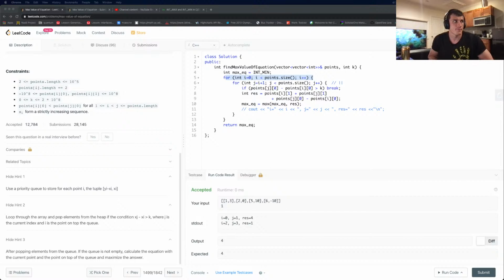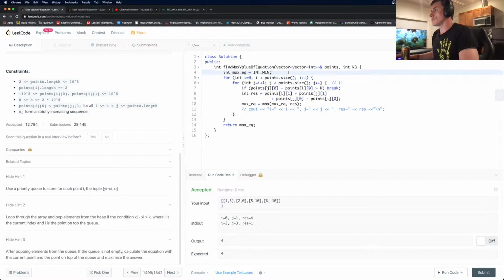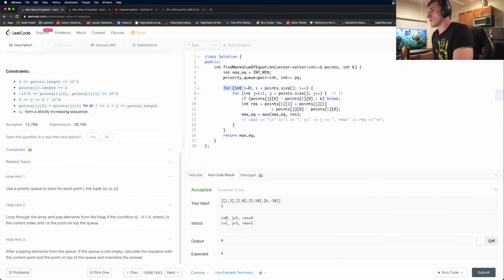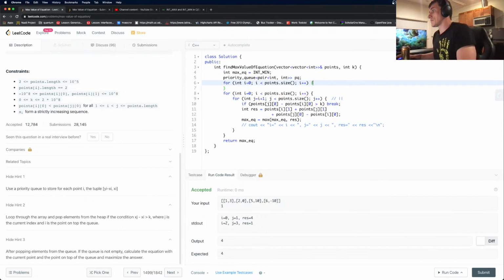All right. Okay, let's do this. So it should be straightforward. Priority queue of what? I guess by default we can just say pair of int and int, queue or pq. PQ, then we do first i, right? Exactly. Then we say